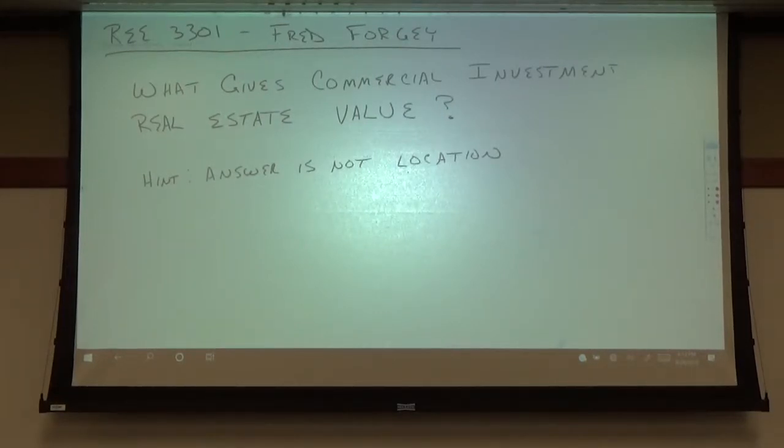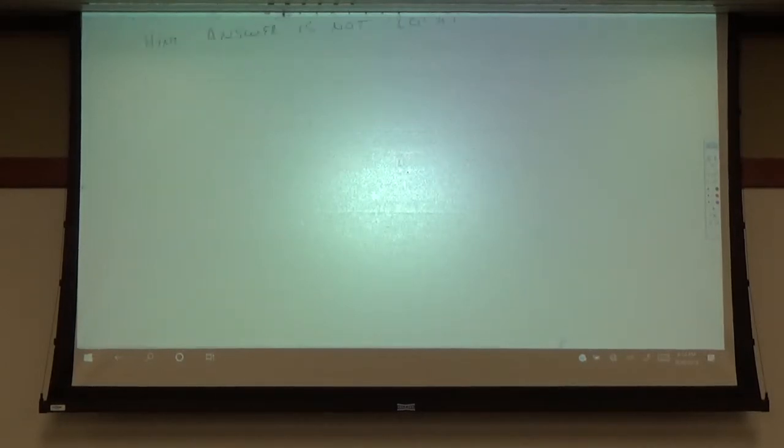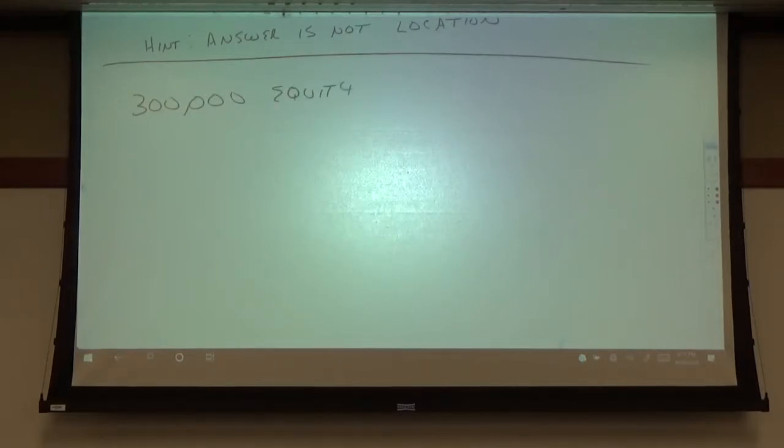Okay, so now in this one, what we're actually told is we've got $300,000. We have $300,000 in equity. So what we could do to kind of back into the valuation of the property would be to do what? Those of you with decent math skills, what would you do? Divide that by 20%. Divide that by 20%. All right? And so what that's going to do, that's going to give you what as a dollar amount? 1.5 million.